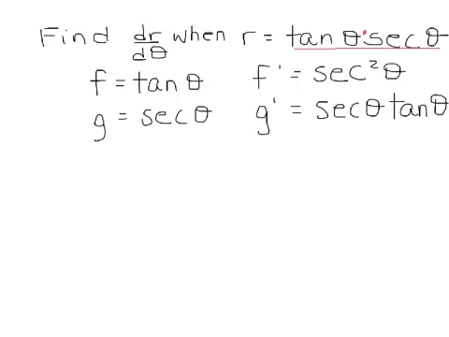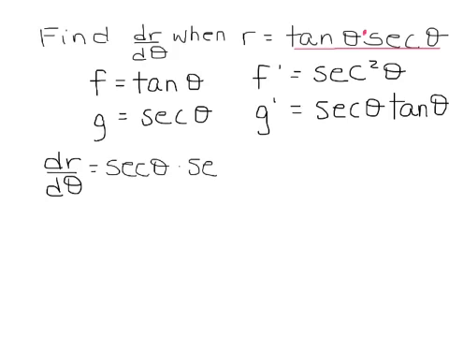Now once we have all the parts in front of us, we're ready to put it together and find dr d theta. That is, again, the derivative of r with respect to theta. So we start by taking the second function, secant of theta, and multiply it by the first function's derivative, secant squared of theta. So that gives us secant theta times secant squared theta. And since this is product rule, we add,